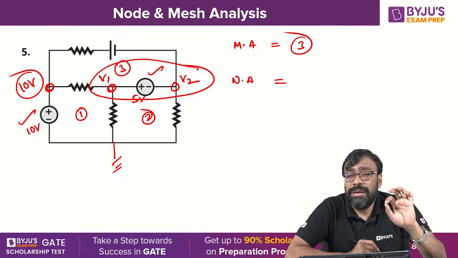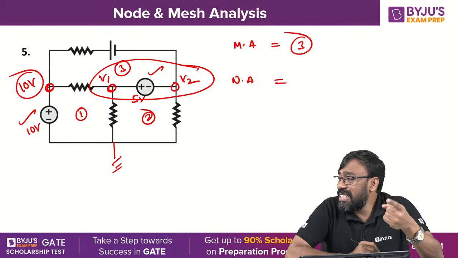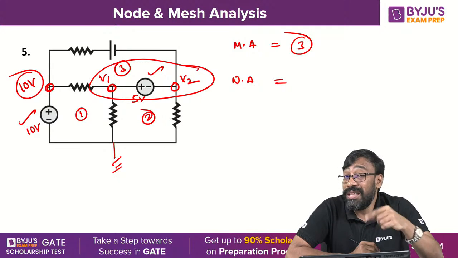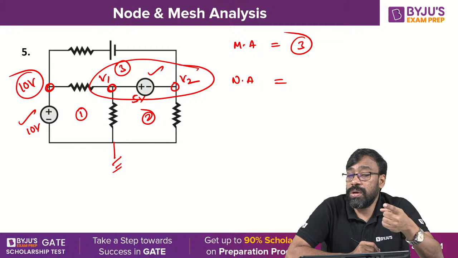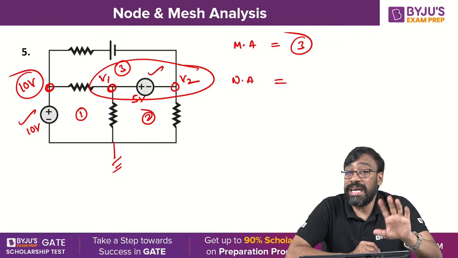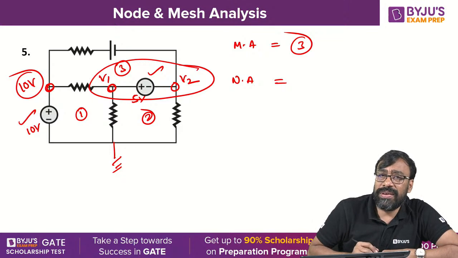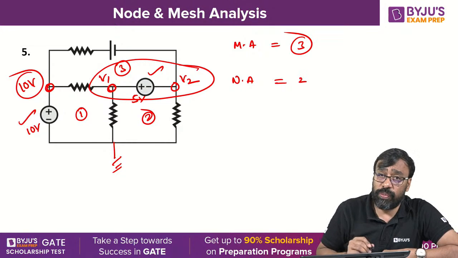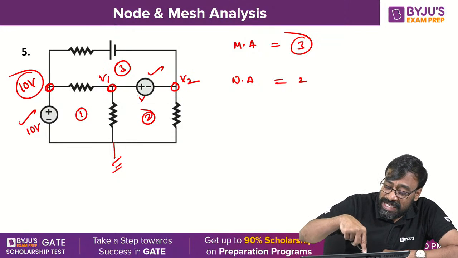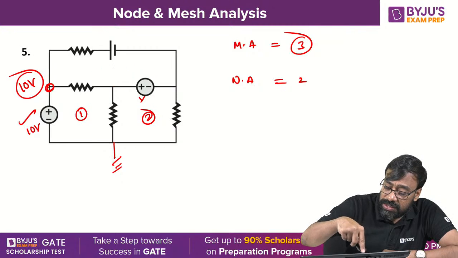Because between 2 principal nodes, when there is an ideal voltage source without any series resistor, that leads to the formation of the supernode. You understand? But finally, how many equations are required? 2 equations using supernode. But if you want to escape from the supernode, what you can do is